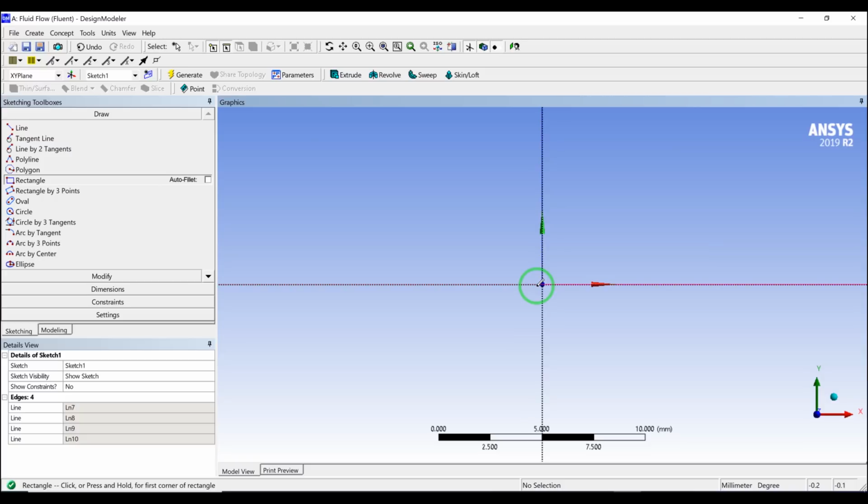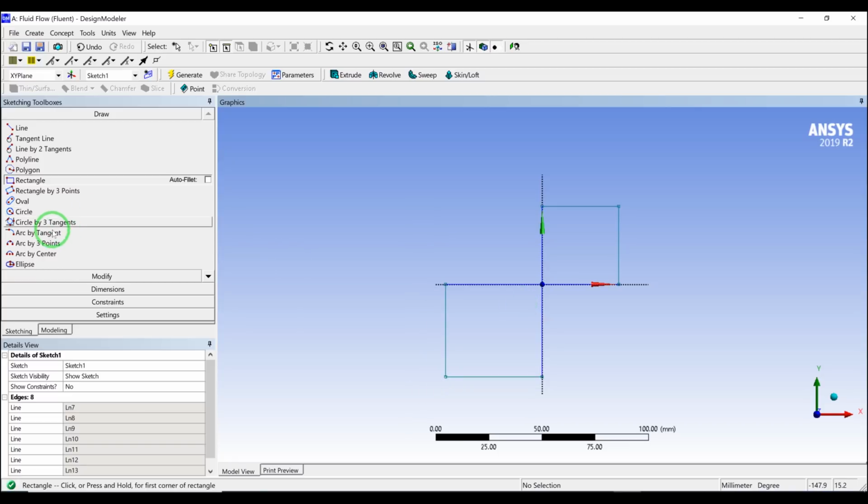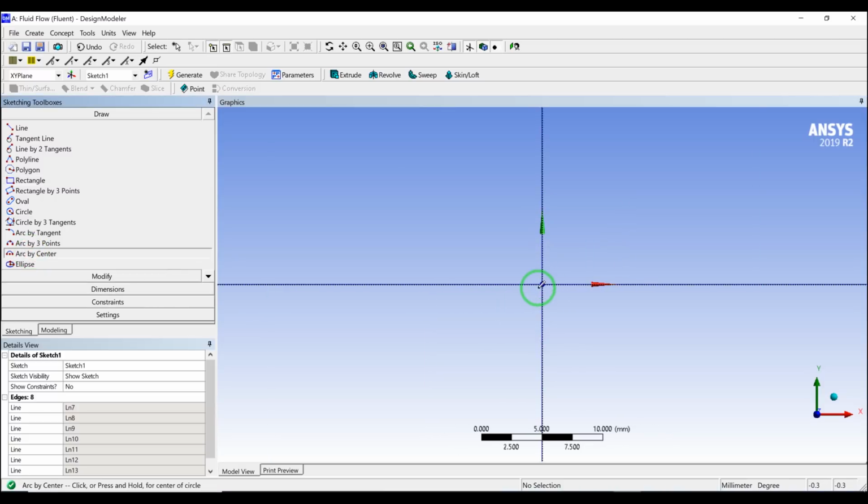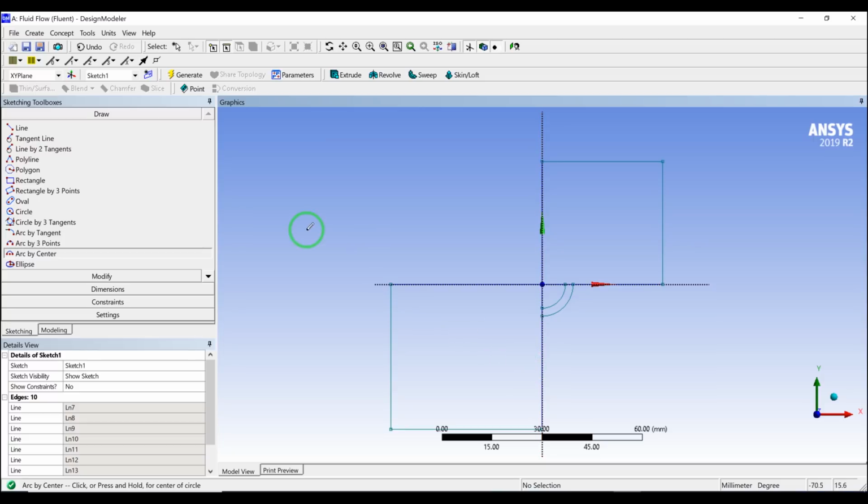And a second rectangle. Then I will create an arc here which will act as a discharge tube. So next I will